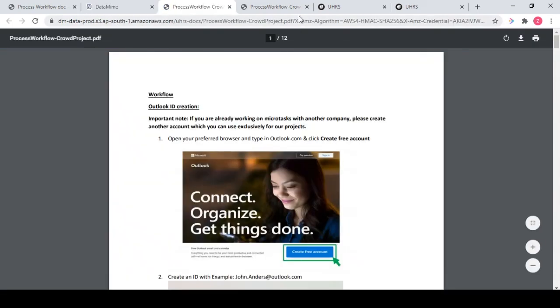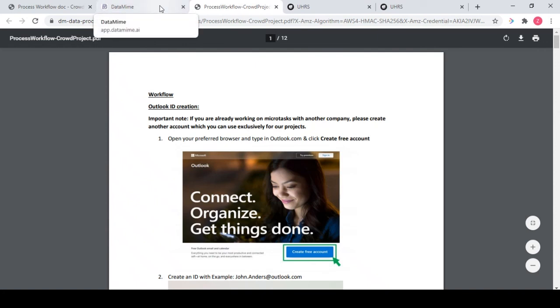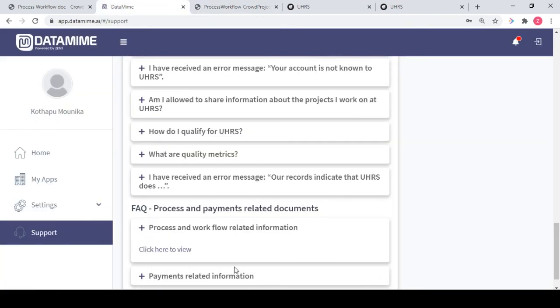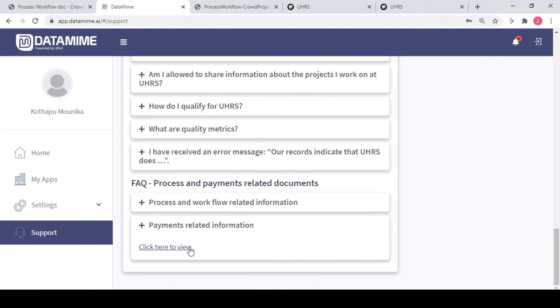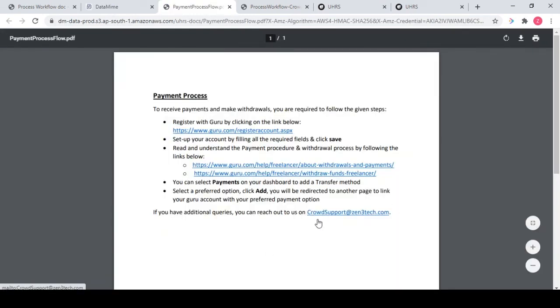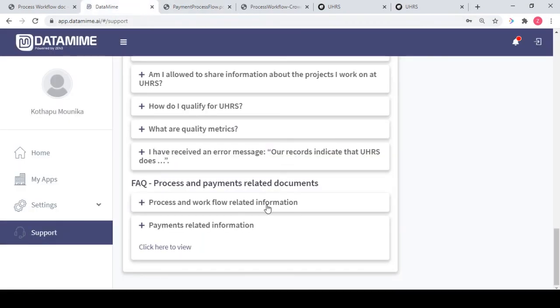If you click here, you have the workflow document right in the Datamine, which you can use for your assessments. We also have payment related information over here, which you can click. This is also a quick guideline for you to follow for anything related to your payments. Both of these FAQs are here at the bottom in the process and payment related documents.